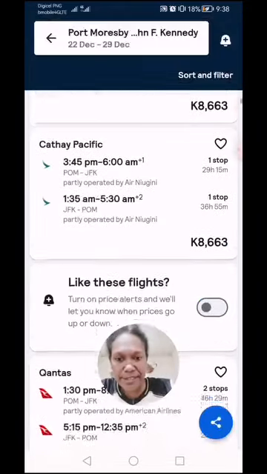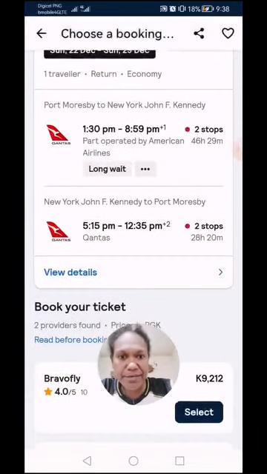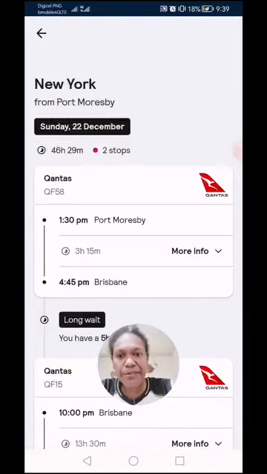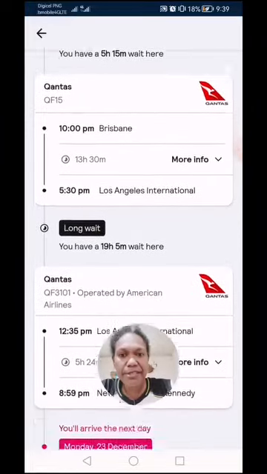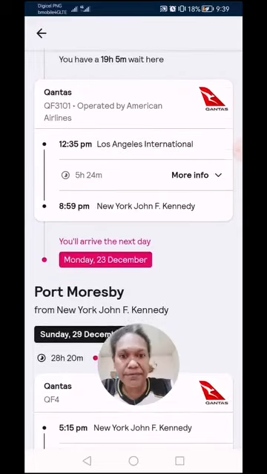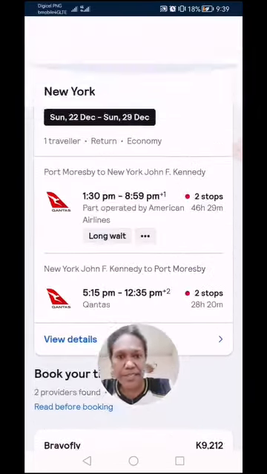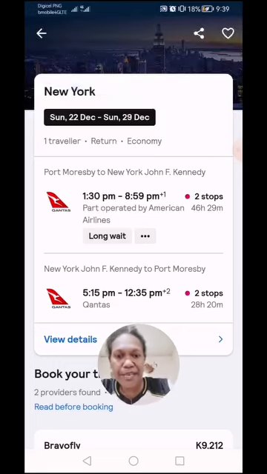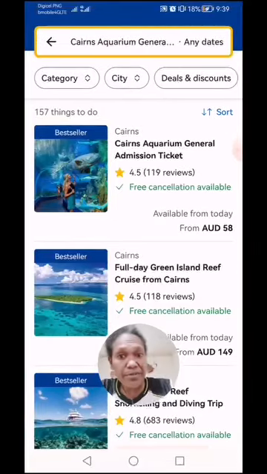Alrighty, let's look at another option. This one is Qantas, so that's a long wait. This one is actually 2 stops. You go to Brisbane, stop over at Brisbane, and then you take the long flight to Los Angeles. Once you confirm that, for accommodation, you simply go to, well, I'm using booking.com here,